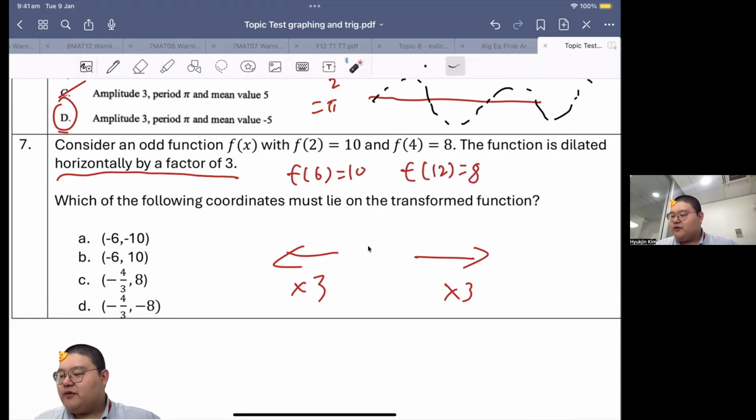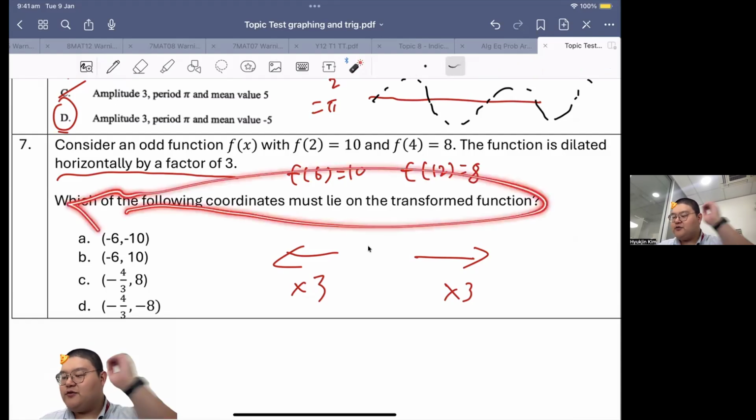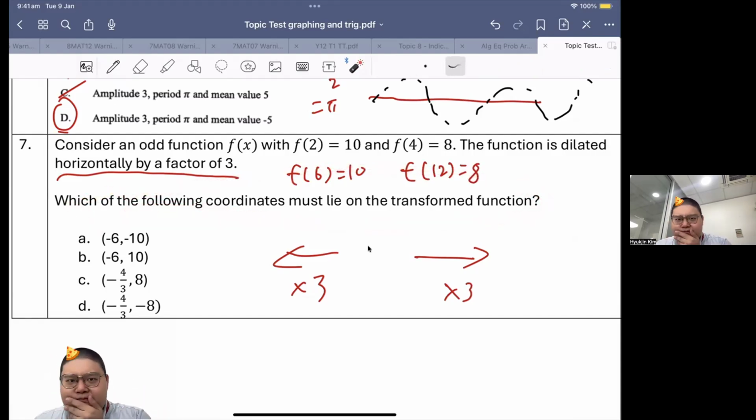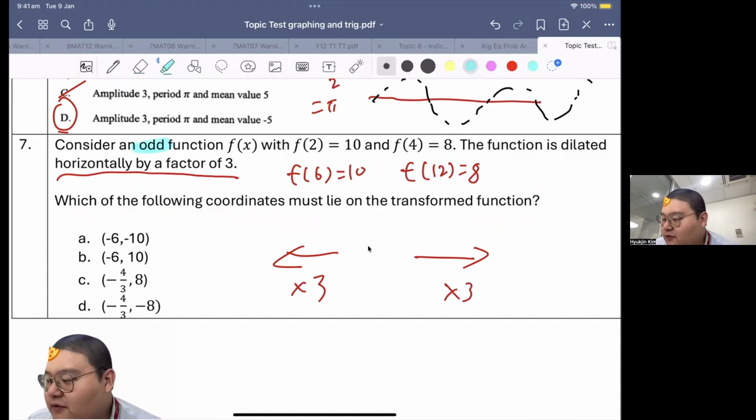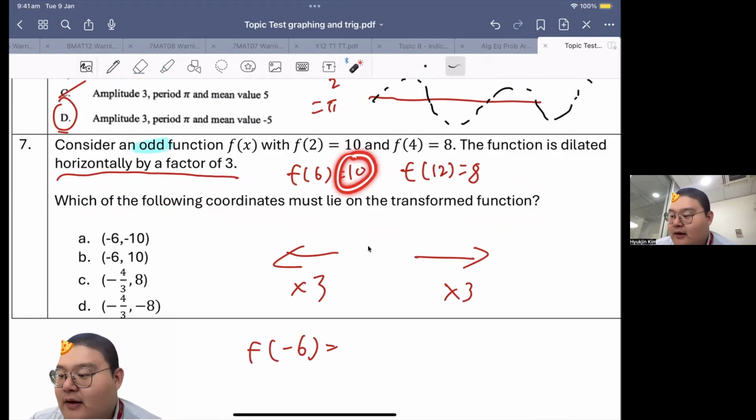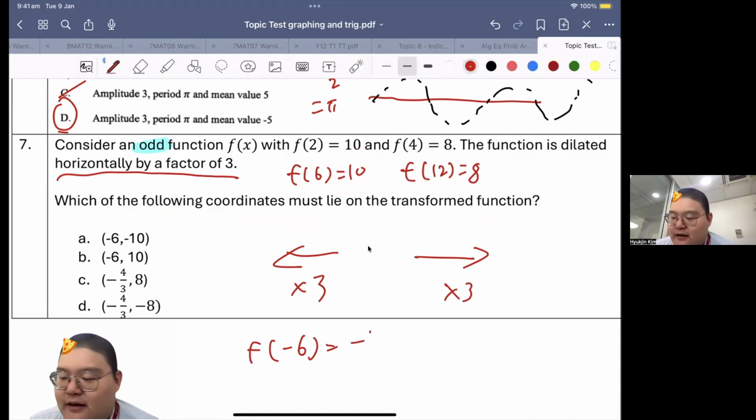Now they're asking me which of the following coordinates must exist for this transformed function. I think I missed the key information here. It's an odd function, right? What does that mean? If I were to put f of -6, what would happen to my y value, which is 10? It would turn into -10. Oh,